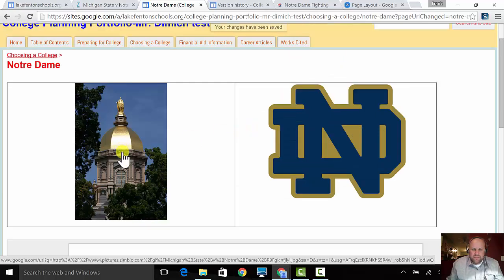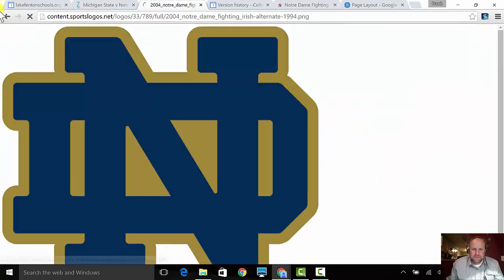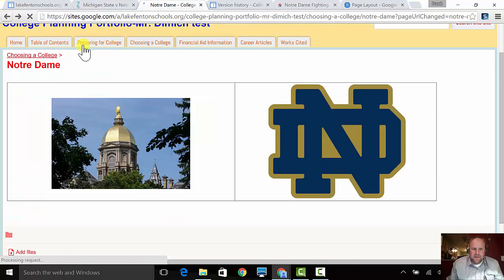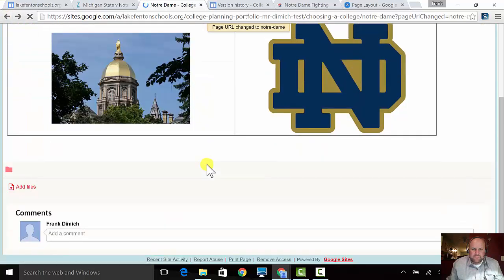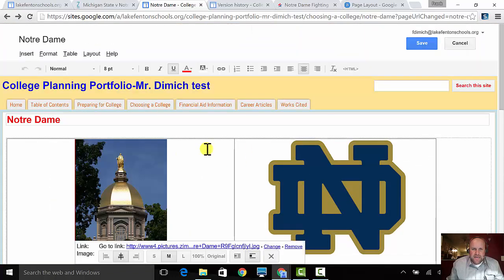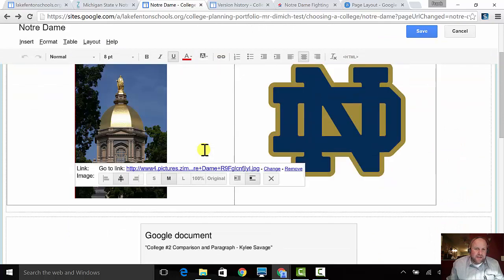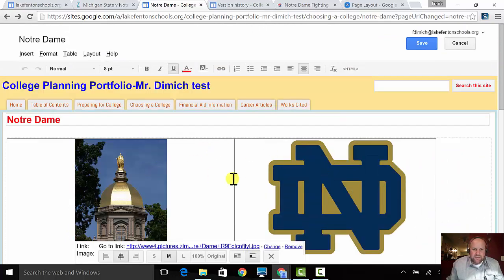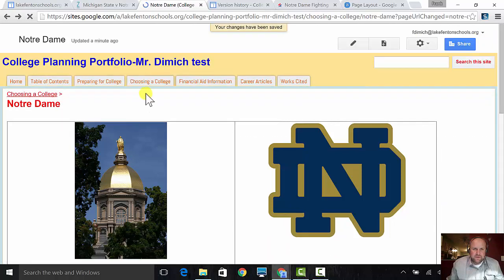I could perhaps do this without the table. I did a very similar thing for the Notre Dame logo as well. Now if I click on Edit Page, I have a Google Doc and I have two images. You don't have to do this. You could do this on the actual front page for choosing a college. In fact, that would maybe be another idea, where if you clicked on choosing a college, if you were